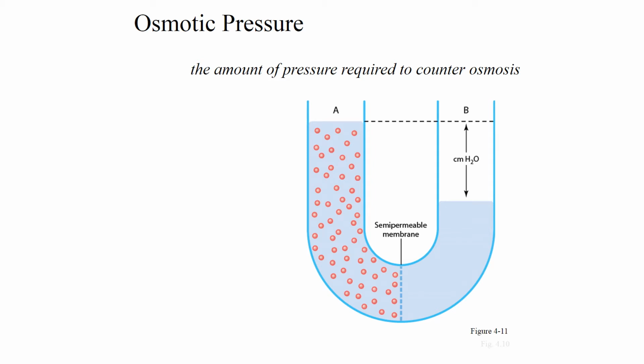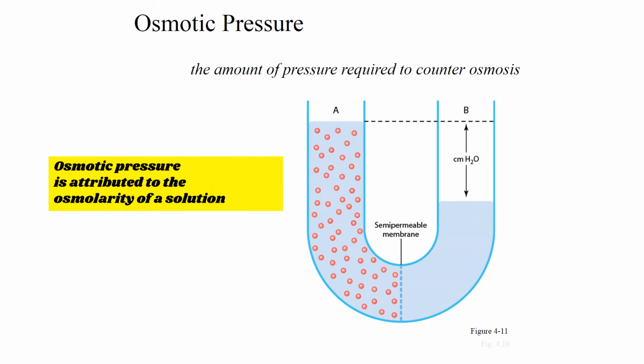Why? Because osmosis results in movement of water or any other solvent from a region of low solute concentration to the high solute concentration. Once this happens, with further and further osmosis of the water to the other side, finally a pressure difference will develop between the two sides of the membrane, which is great enough to oppose the osmotic effect. The pressure difference across the membrane at this point is equal to the osmotic pressure of the solution, and it is known as osmotic pressure. And this osmotic pressure is attributed to the osmolarity of the solution.